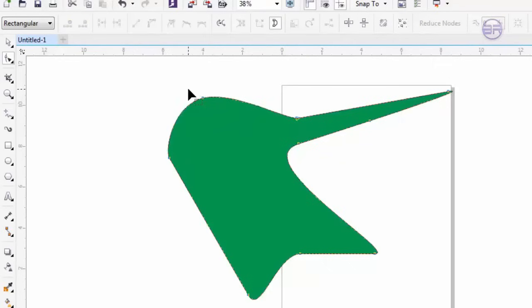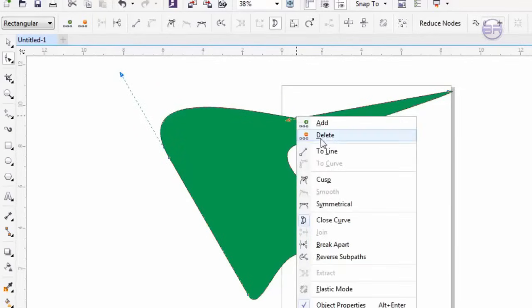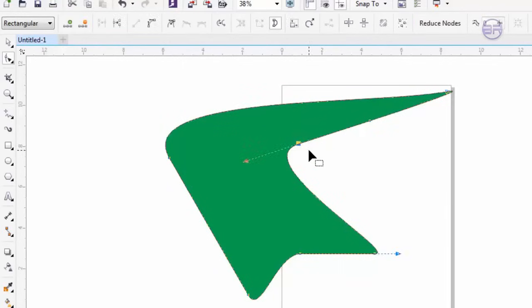If I want to delete, I'll just select it and click this delete option. The same thing I can do by right clicking that point and clicking delete, so that will be deleted. And if I click here and right click, I will add another node, and I can do that by double clicking this area, so there will be a new node. And if I want to directly delete a node, I will double click that node. This is a very simple thing you can do in CorelDRAW basically,